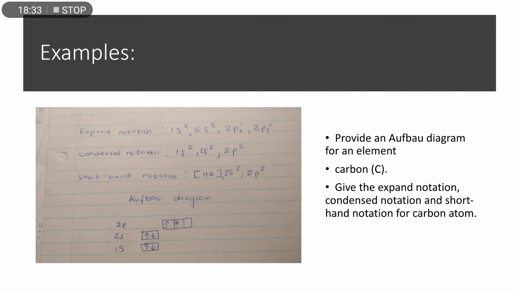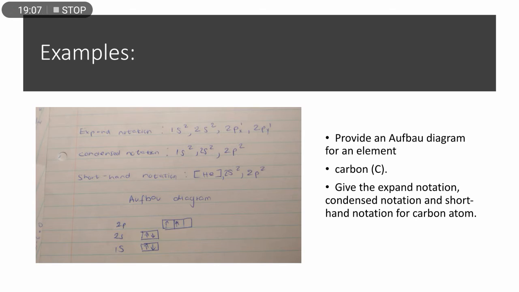Can you see when we represent it in the expanded notation, it shows that they have complied with the rules of the Aufbau principle, whereby the electrons are represented firstly as freely in motion before they could pair up. So if you would have said 2px2, it would have been wrong